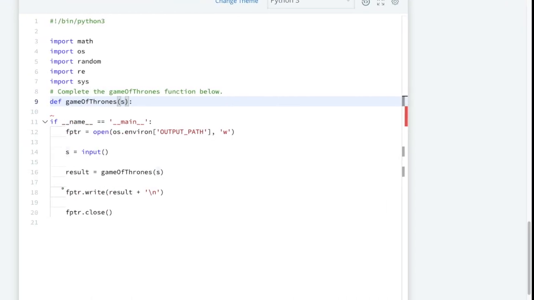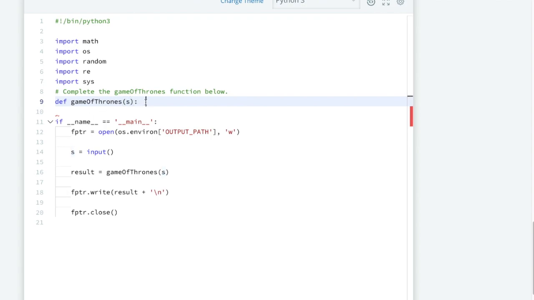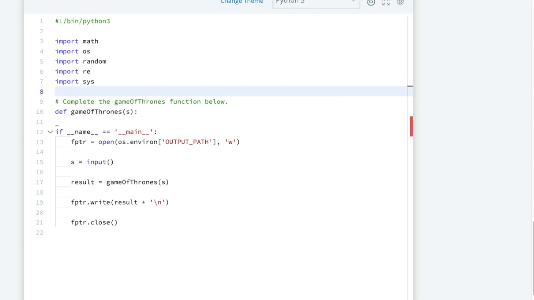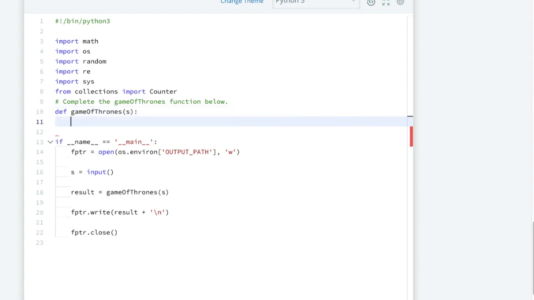So let us write the code here. To count each character, we will simply take the Counter. So from collections we will import Counter. Now we are provided with the string. Now we will take the Counter of it in a variable a.